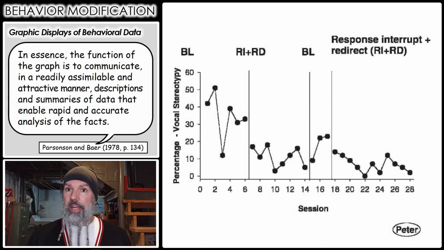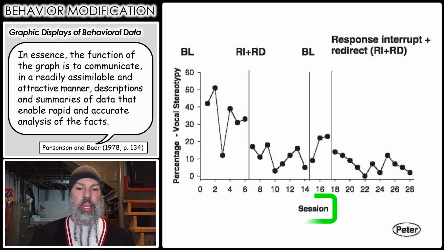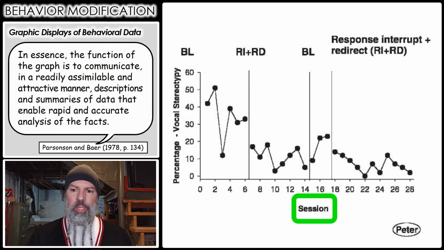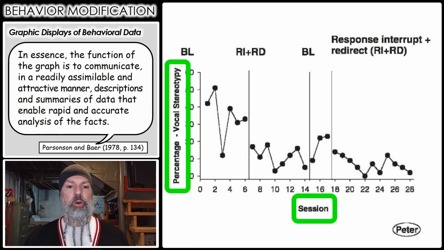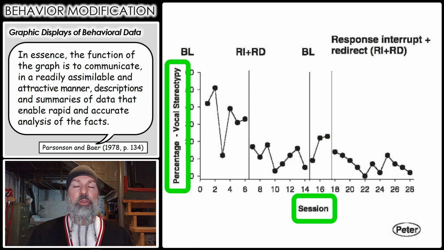All right, so next we have, we just saw the axes. Now we also have the axes labels. So you label the x-axis, and usually this is some type of time. So in this case, it's labeled as session, and that's extremely important because now we know this is over sessions, not over days, not over hours, but this is actually in separate sessions. And then on the y-axis, we have percentage of vocal stereotypy in that session. So the higher the value, the more vocal stereotypy there was,